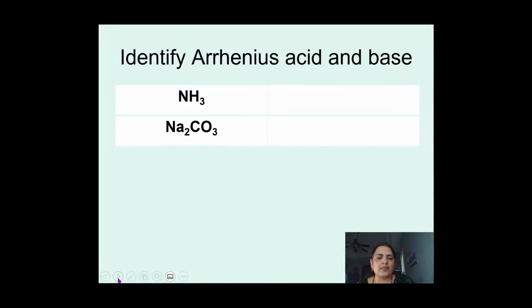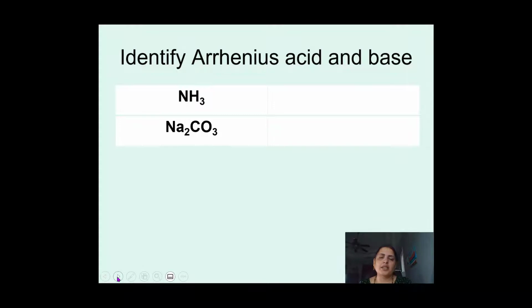Think about it. I bet you can't, because if you said NH3 was an acid, NH3 is actually a base. And so is sodium carbonate, which is in your baking soda or baking powder. So this was a drawback for the Arrhenius model. If it doesn't have an H plus dissociating or an OH minus dissociating, then we can't identify which one is